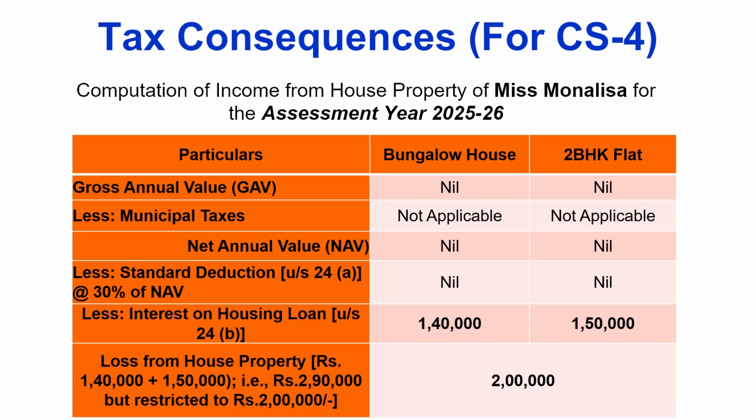Here, computation of income from house property of Miss Mona Lisa for the assessment year 2025-26, we can see that gross annual value of both the houses is nil. Municipal taxes are not applicable for eligible deduction, so net annual value becomes nil for both the houses. Now let's see the standard deduction under section 24(a), that is 30% of net annual value, that is 0 for both the houses. Now